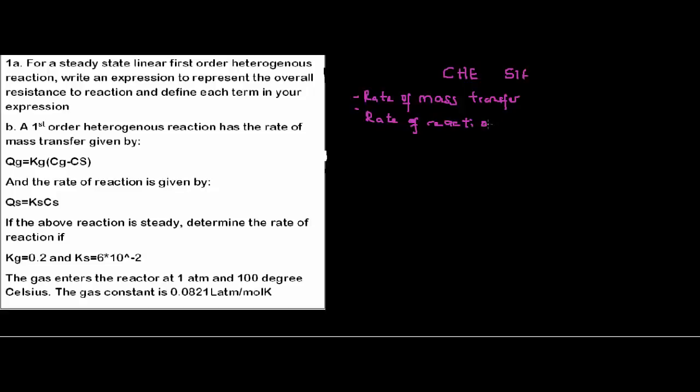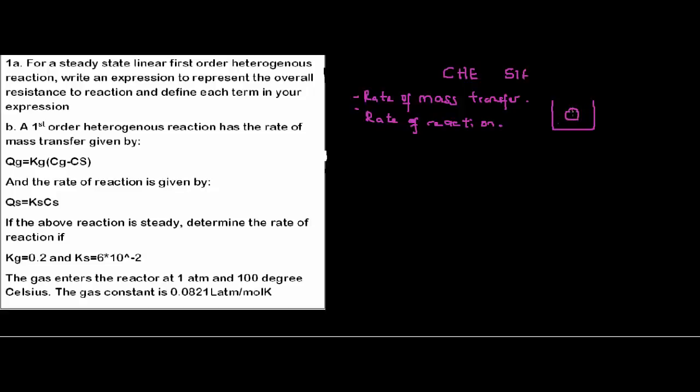Now for the rate of mass transfer, in heterogeneous reaction there are two things occurring. Do not forget it's two-phase. You have solid and liquid, you can have solid and gas. Because it's a two-phase reaction, I have solid and something reacting together to give you the product. Now the rate at which that reaction is occurring depends on the rate of reaction, fine, that's the rate at which product is formed. But do not forget that before the product is formed, there will be a transfer of liquid